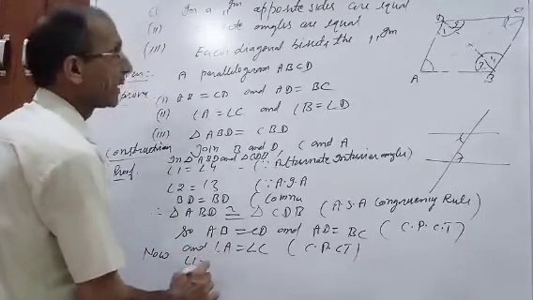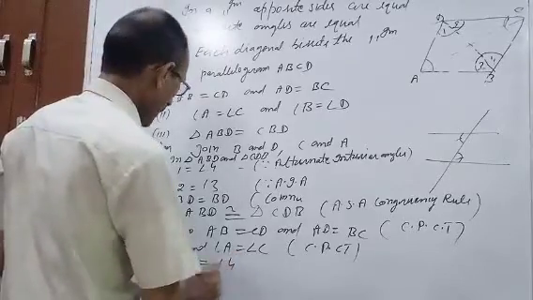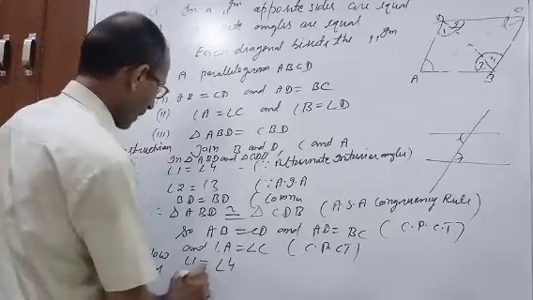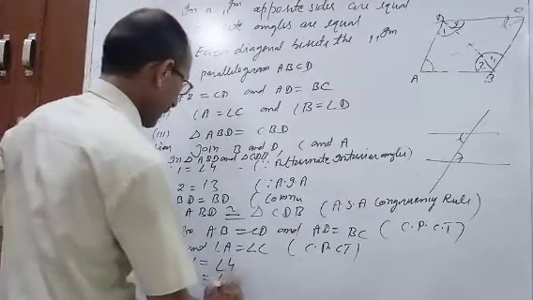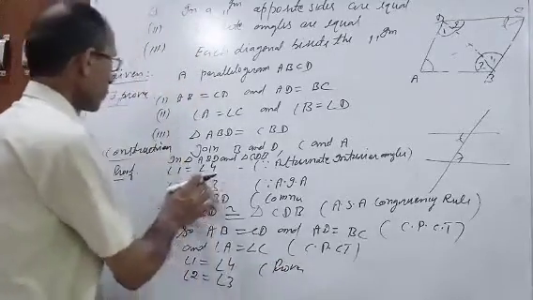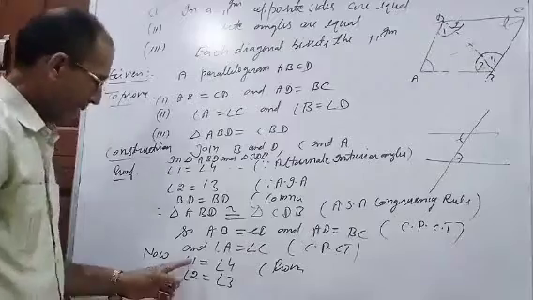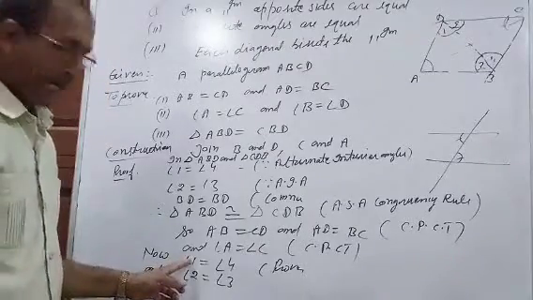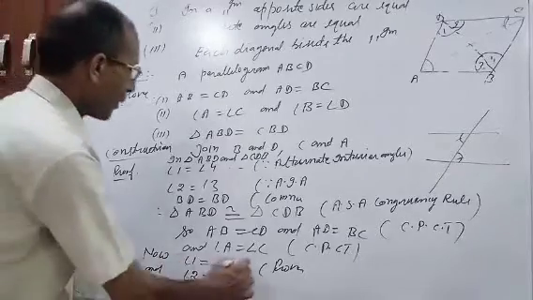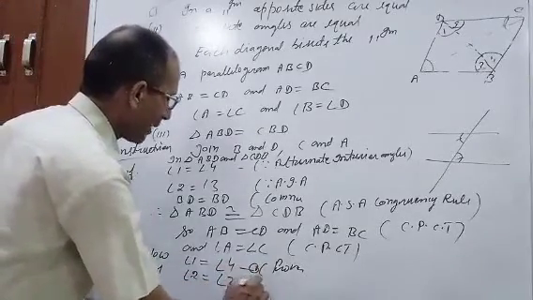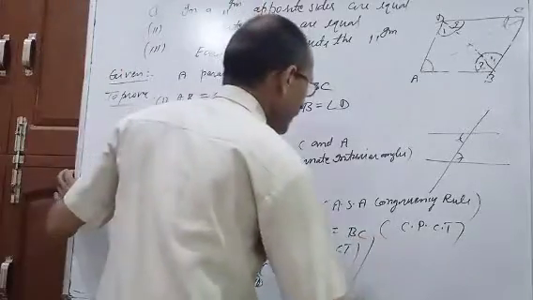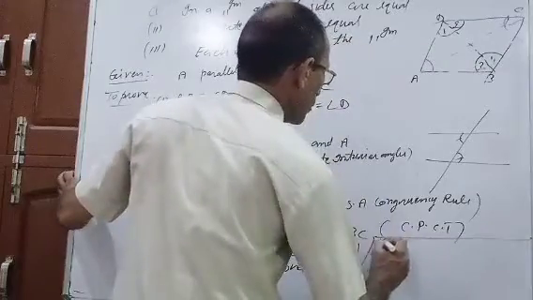Now angle 1 is equal to angle 4, and angle 2 is equal to angle 3, proved above. I have written the same thing: angle 1 is equal to angle 4, angle 2 is equal to angle 3. Now you can give names. This is equation 1, this is equation 2. So on adding 1 and 2,